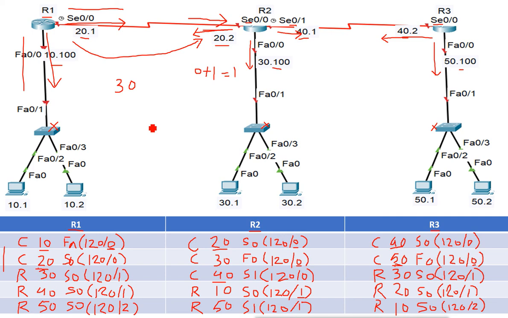Now how it works, how the loop happens, and what the problem is, and how the problem appears in this RIP protocol. So what happened, let's say for example, I'm giving you the example that on router 1, this network 10 is down. That means whatever happened, the switch port is gone, the port is disconnected, or maybe the switch is corrupted or something. The network is not available to the router.